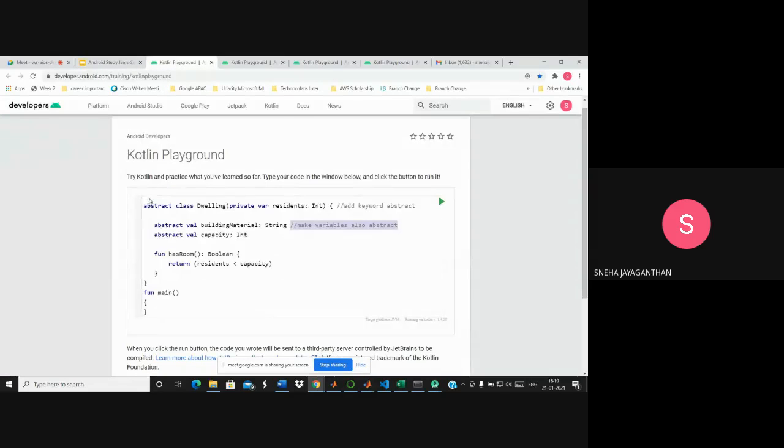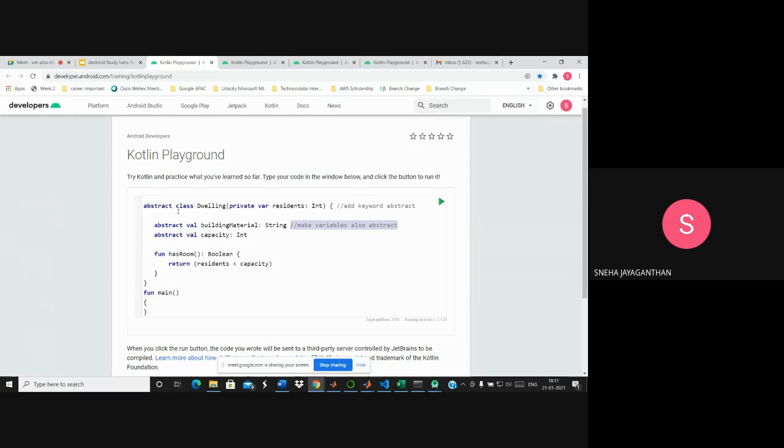First we define the Dwelling class, that is our topmost parent class, and you can notice that I've used the keyword abstract here, because in abstract classes we do not give any value, since we do not have any specific value for a dwelling. So whenever we create a subclass, we'll be writing the value for those variables.